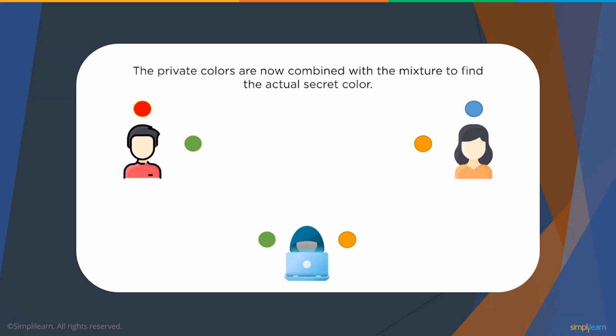After the mixtures are received, they are supposed to mix their own private color with the received mixture of the opposite user. Once the colors are mixed, they will both get a single color, which will be selected as the final secret color, or it can be a final secret key. Now, even though this entire communication took place over an insecure channel, because of the inability of the hacker to receive the private colors of both users, he has no idea that the secret color in the case of transmission is actually brown and not green or yellow, which he intercepted during the transmission.